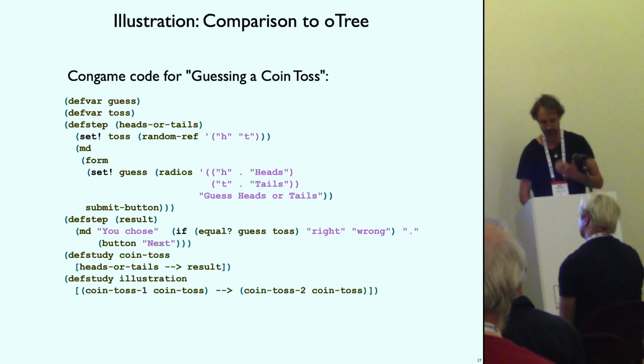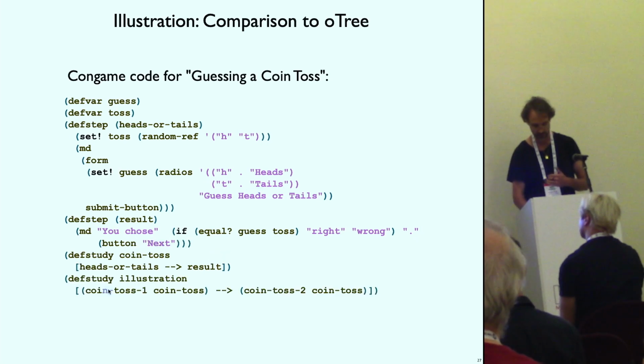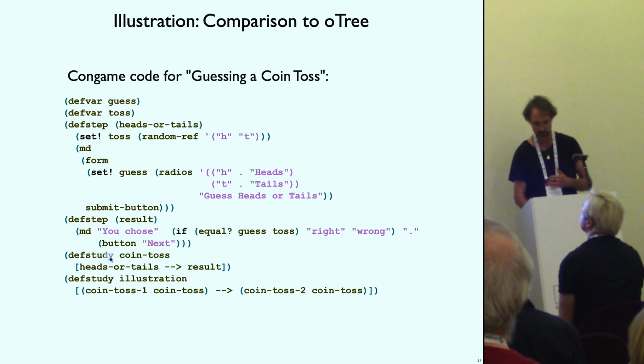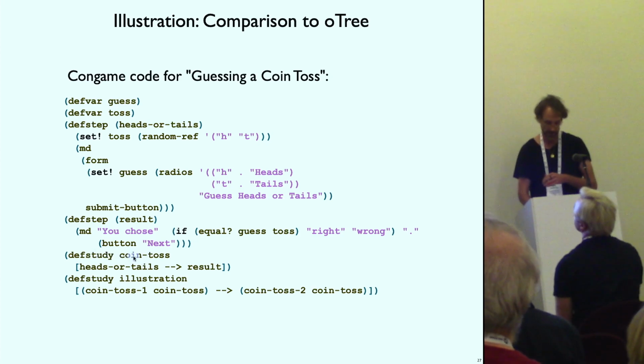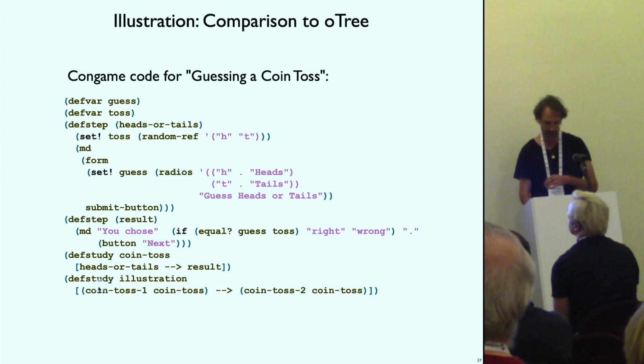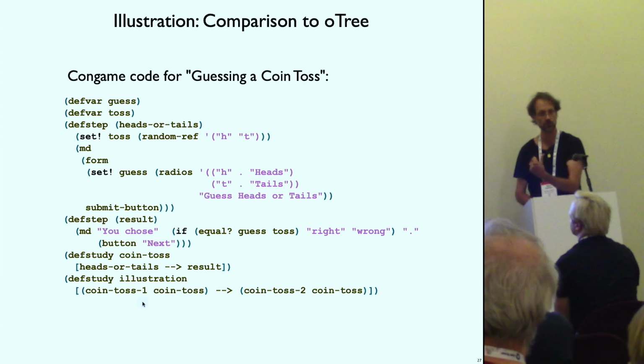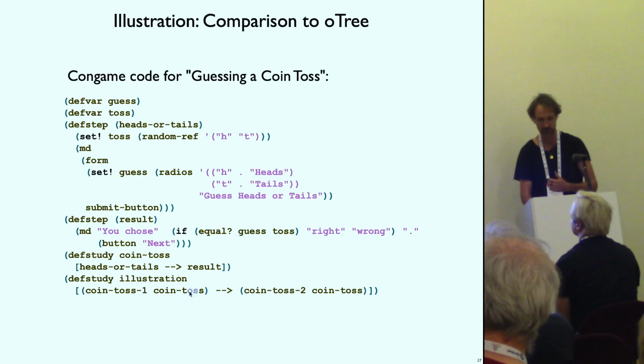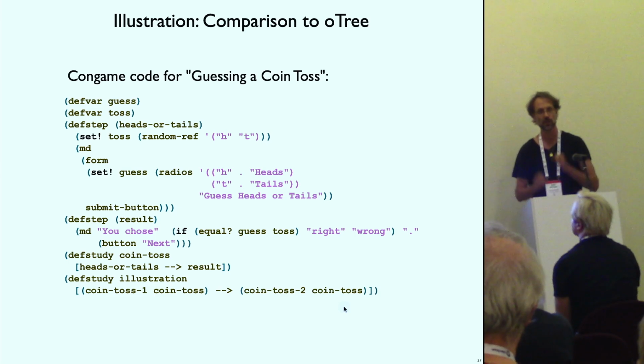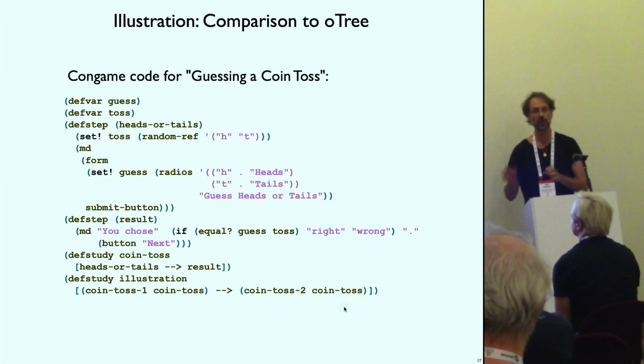And then if I now wanted to repeat these studies twice, so I defined down here, I don't know if you can read it, def study coin toss. I can now repeat this study by simply saying coin toss 1 is the first step. Well, what do I do for the first step? Well, I run the study coin toss. And then I want to run coin toss 2, which is what? Again, coin toss. These 2 studies will run. That's all I had to do. No copy pasting and so on and so forth.